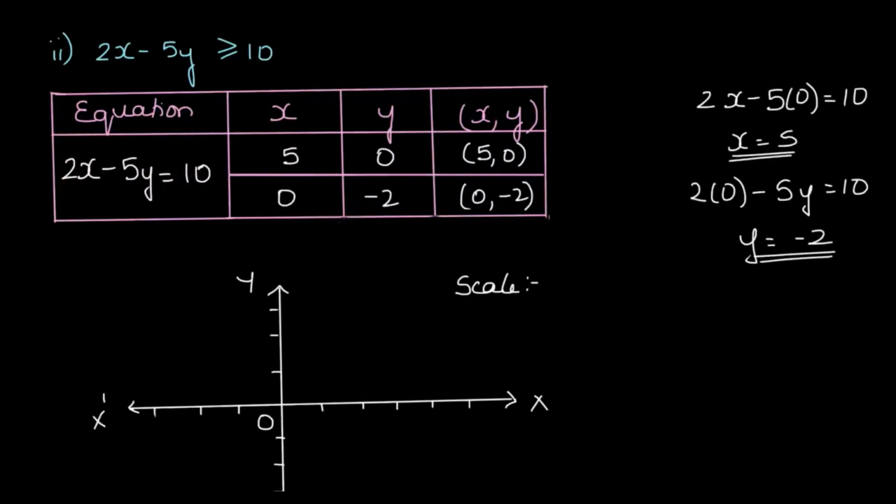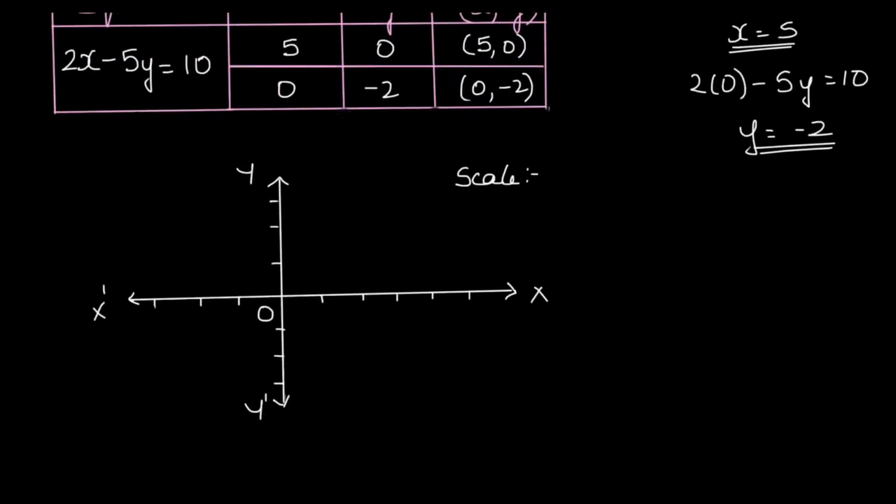Now to plot these points on the graph that is given over here, we have to plot on the x-axis up to 5. That's all that is required. So obviously the points are 1, 2, 3, 4 and 5. 1 centimeter is equal to 1 unit on both the axes. As you can see, 1 centimeter is there between each unit on the x-axis as well as the y-axis. That is what is supposed to be there. Then the negative side also we can just plot it and keep it.